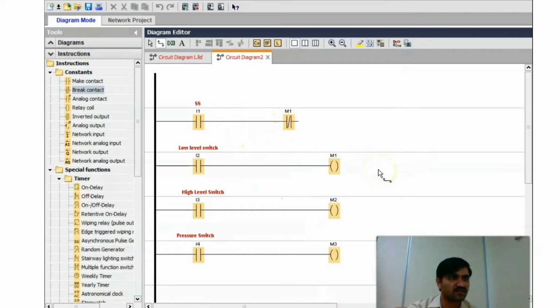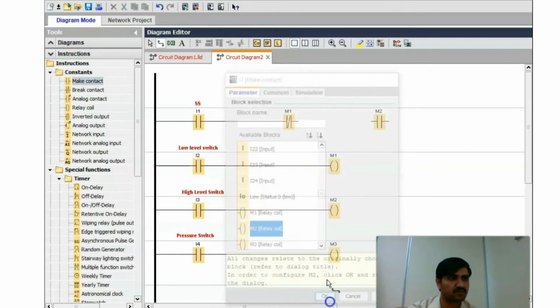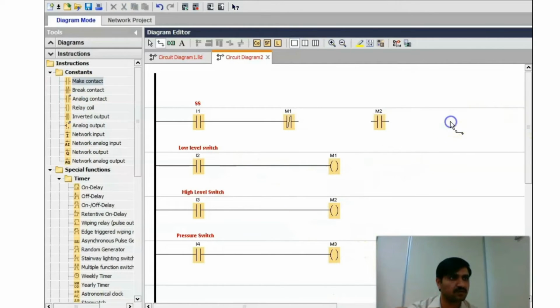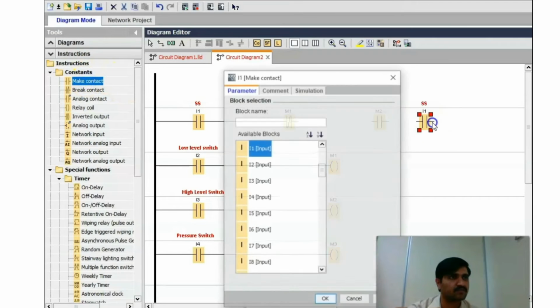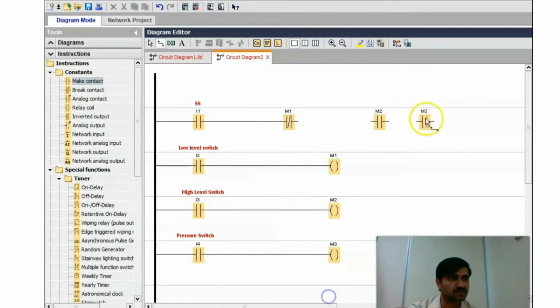We selected M1 for close contact and M2 and M3 for open contact. M2 and M3. Where is the M3?